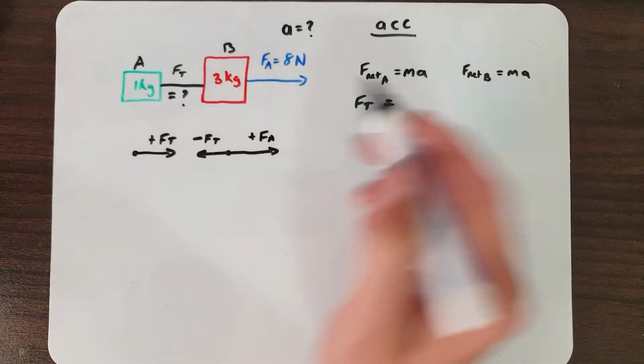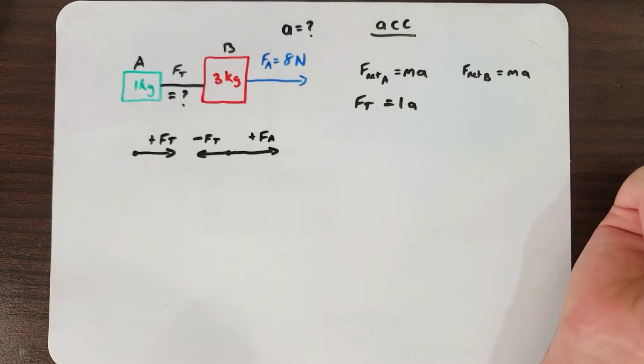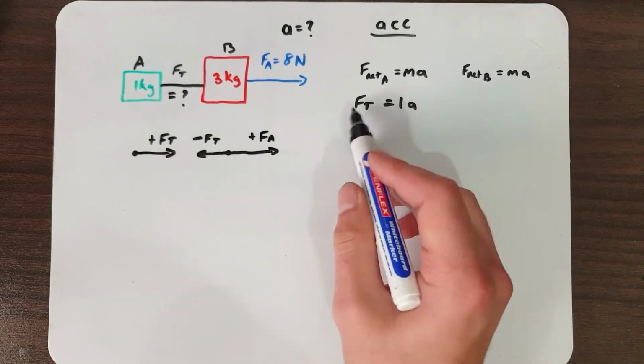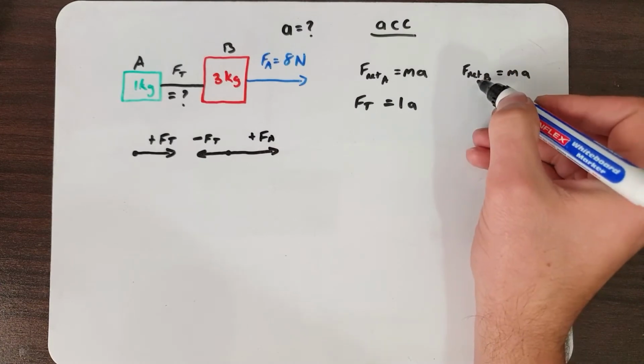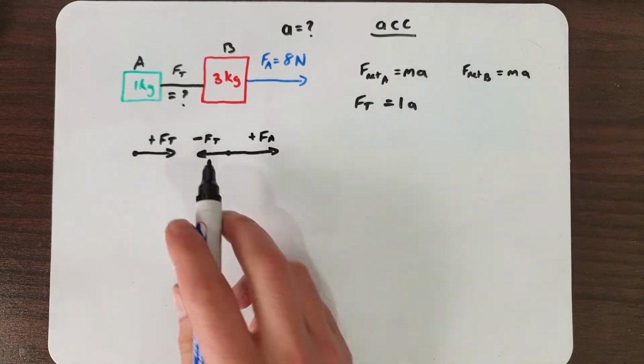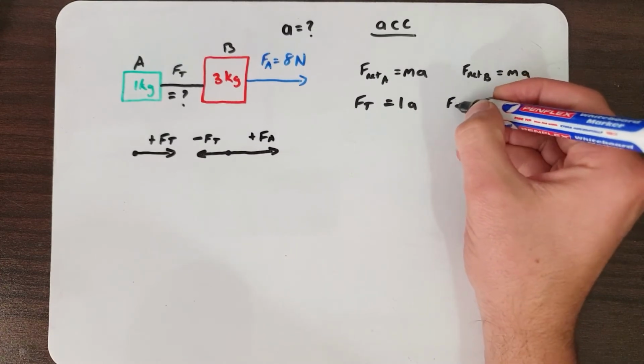We also have our mass of A, which is 1 kilogram, times the acceleration. We can see now that we have two terms that we don't know and so can't solve this yet. Then, the forces on object B. So we have our tension force and our force being applied. And so force applied